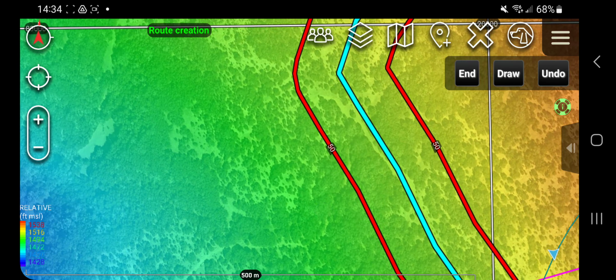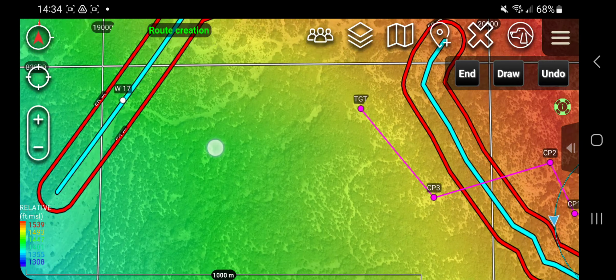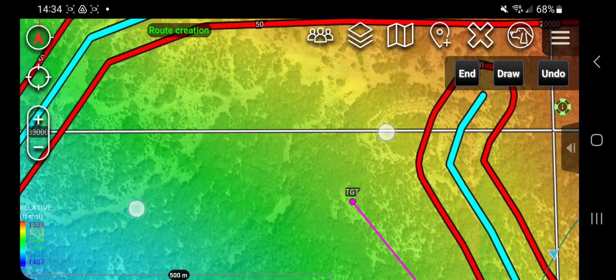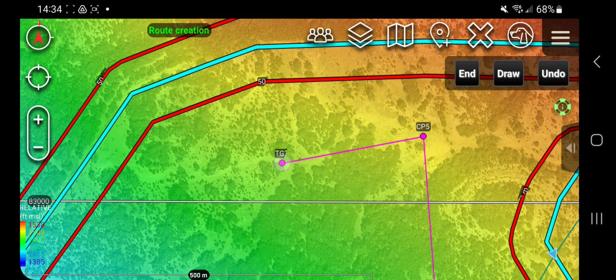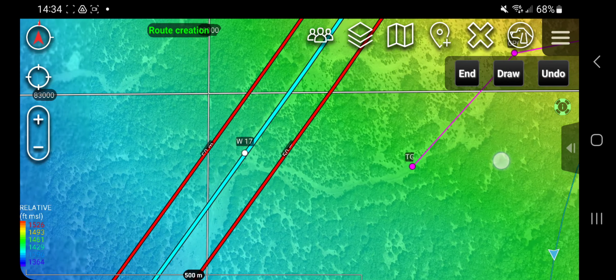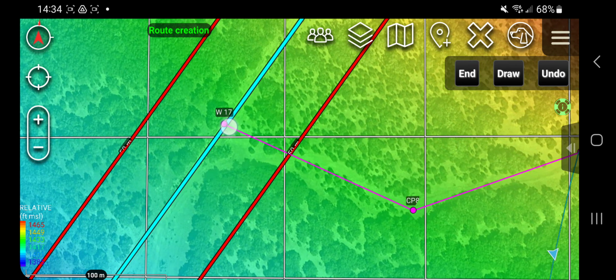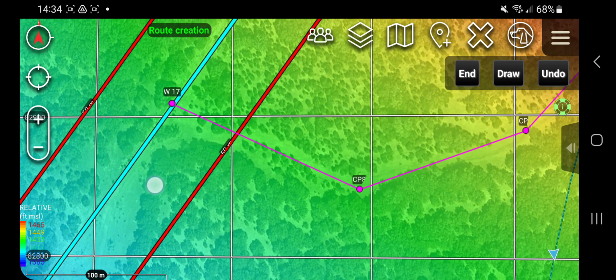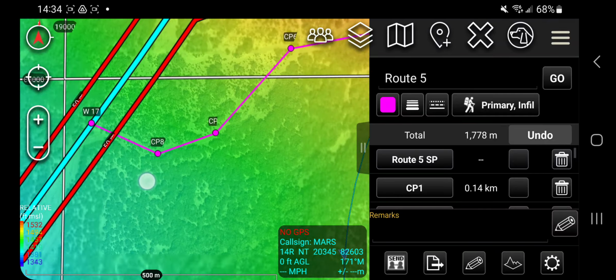There we go. Checkpoint. And then we're still going uphill a little bit, but let's go. And then there we go. And then end. So now we have our different checkpoints